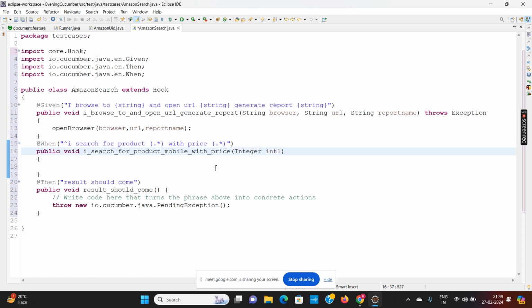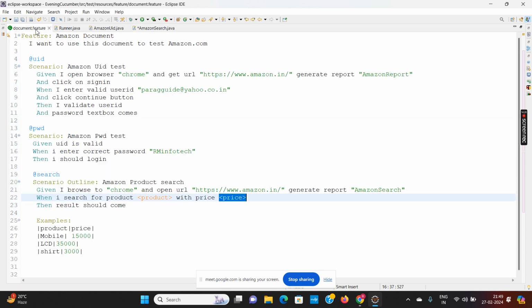Remove this mobile, the underscore mobile. Remove this. So: I search for product with price. That's all. Do not use I search for product name. Remove it. I search for product with price. That's all you have to write.